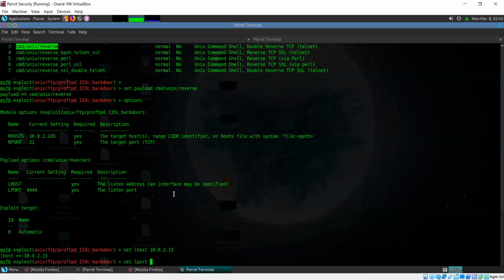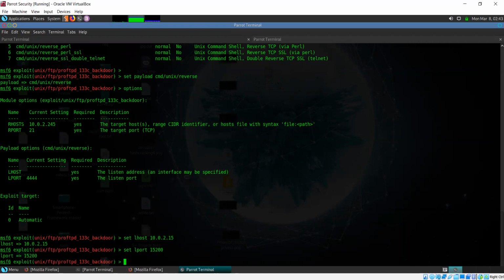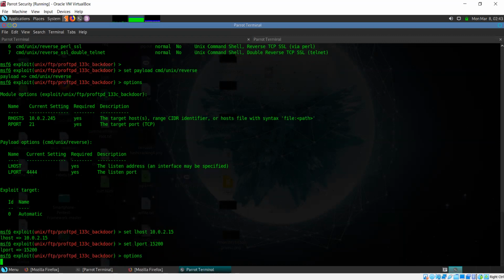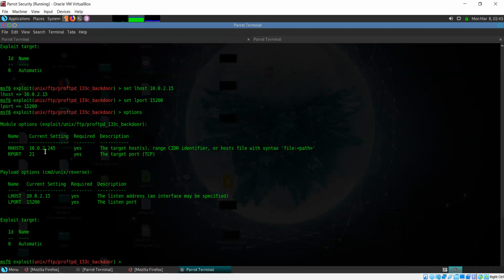So usually if you're running this, it's better to just change this. Just set anything random. Before I run this exploit, you should always verify with the options first whether everything is set correctly. Okay, so RHOST is fine, RPORT, LHOST, LPORT. All right. Now I'm going to run this.